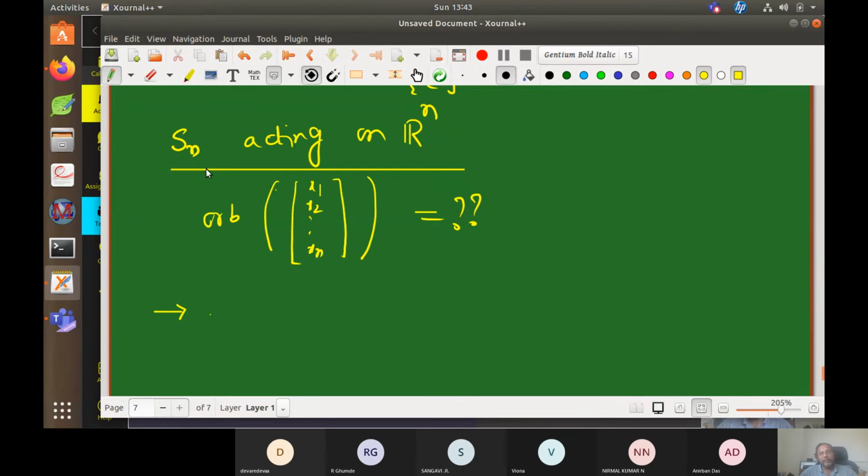Here I want to tell you one point. We can think of elements of Sn as matrices. Now let us look at S3. How can you write them as matrices? The identity is 1 0 0, 0 1 0, 0 0 1. The transposition (1 2) I can write as 0 1 0, 1 0 0, 0 0 1.